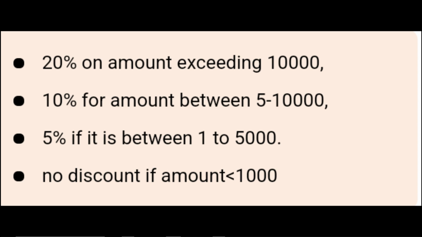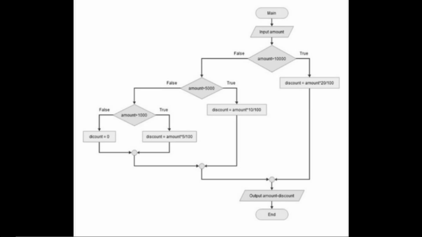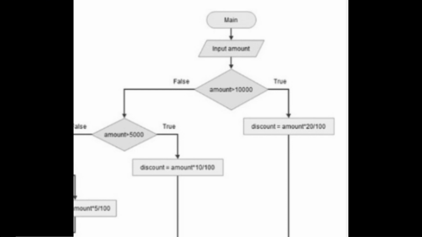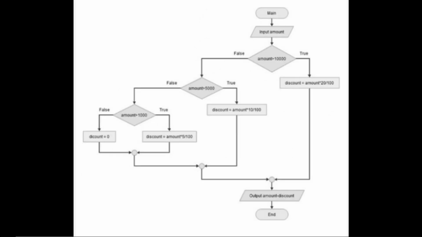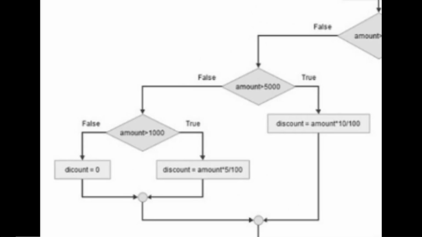This is how the flowchart of the example will look like. First, we will take the input amount from the user. If the amount is greater than 10,000, we will provide them with the 20% discount, and finally we will display the original amount, that is amount minus the discount. If this expression is false, then we will check the elif, that is amount is greater than 5,000 or not. If the amount is greater than 5,000, then we will provide them with a 10% discount, that is